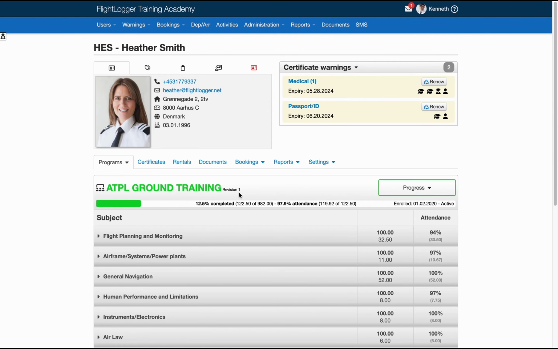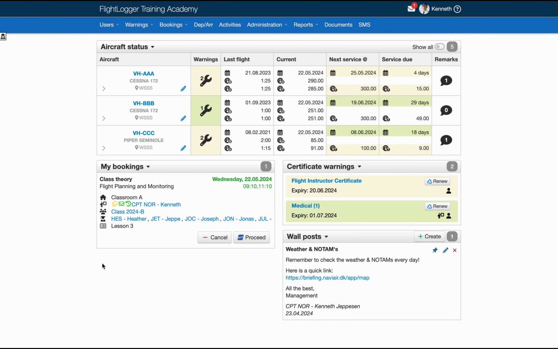Also worth noticing is that with this update you can now enroll a student into the same program, whether flight or ground training, as many times as you wish, which makes it much easier to handle recurrent training like for example proficiency checks. The migration to ground training programs also means that we have improved the logging of ground training